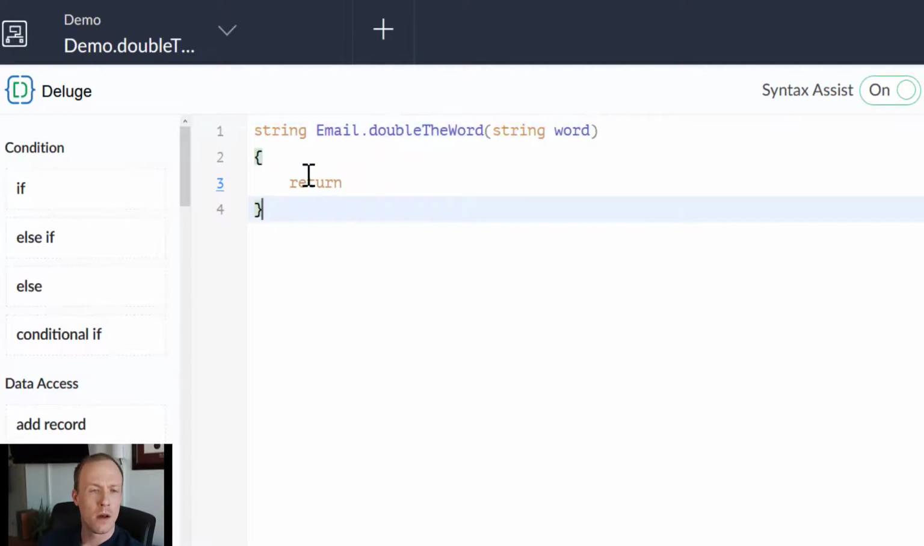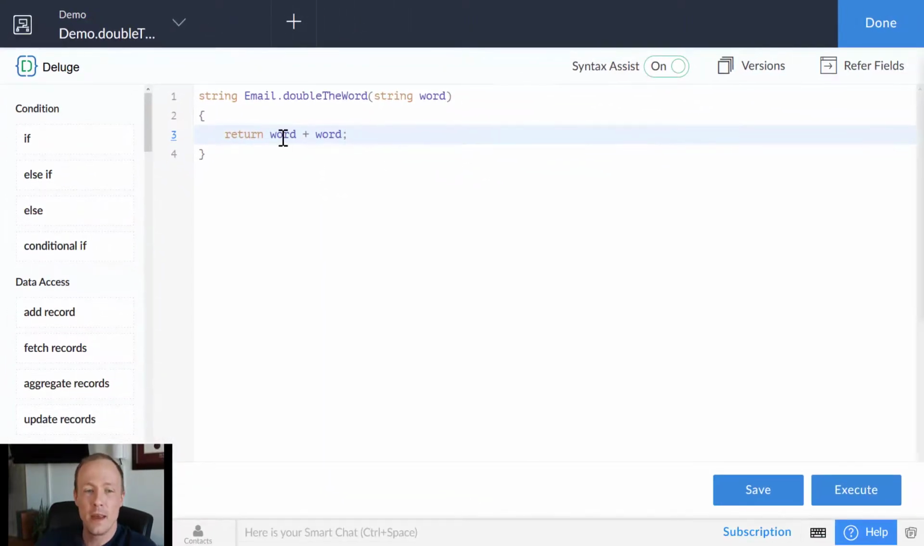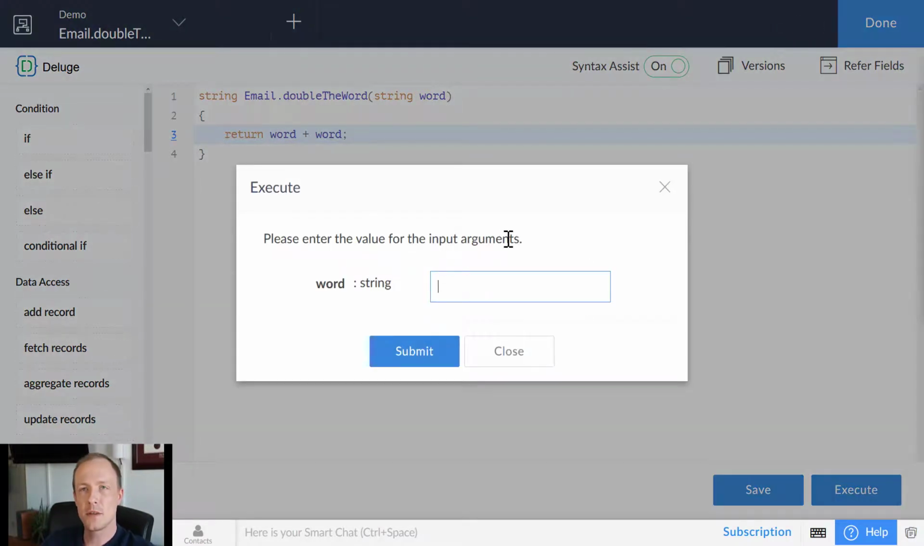So for double the words, this one is, as mentioned, fairly arbitrary. And we can keep this as a single line and do most of the script in the return line, actually all of it. So what we could do is we could do word plus word. And this is essentially doubling the word, and we can press save and then execute. Now this is for testing as well. Keep in mind that